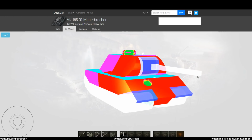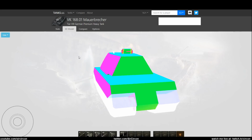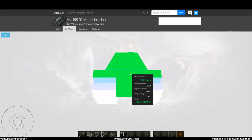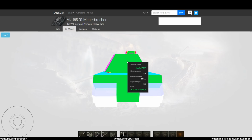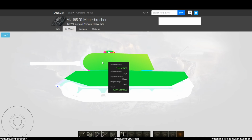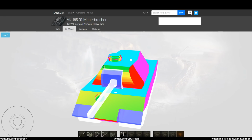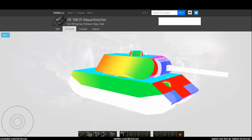to do, especially the cupola. And it's weak all around as well, of course. The cupola, that is. The back is still like 100 plus, so don't even think about HEing it. Besides 130, 190 there. So it's a well-armored tank with 2 key weak spots, so it's not like some overpowered